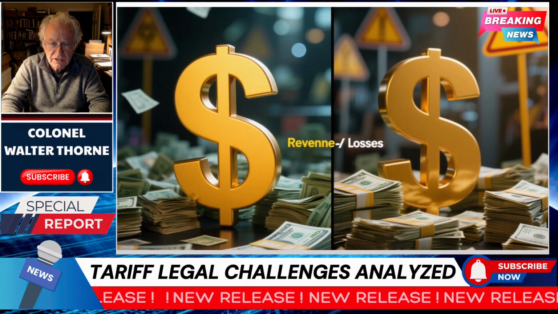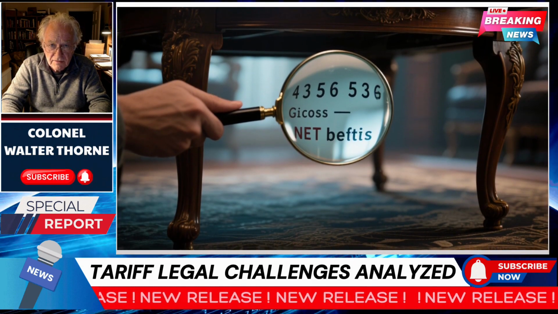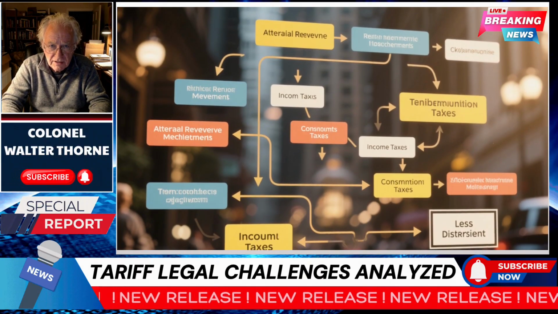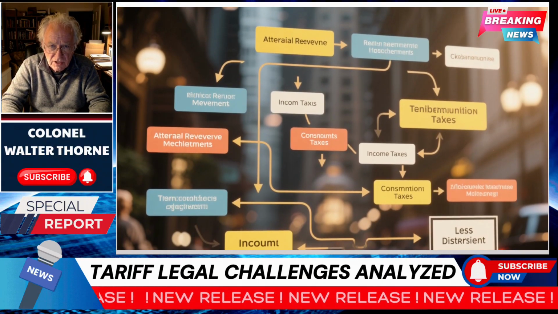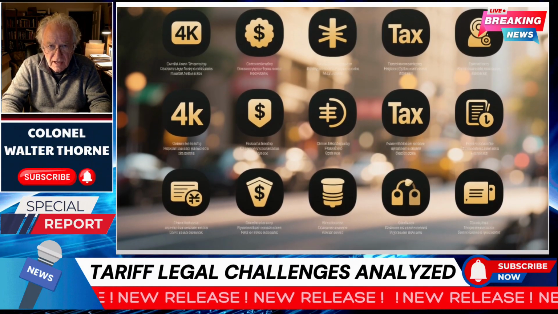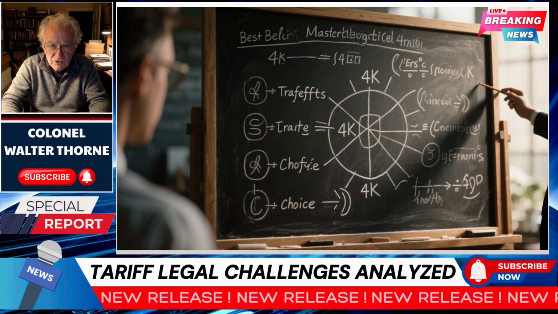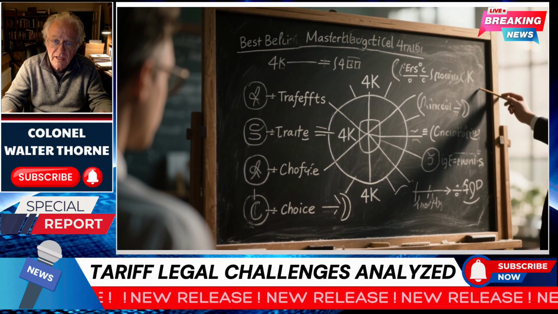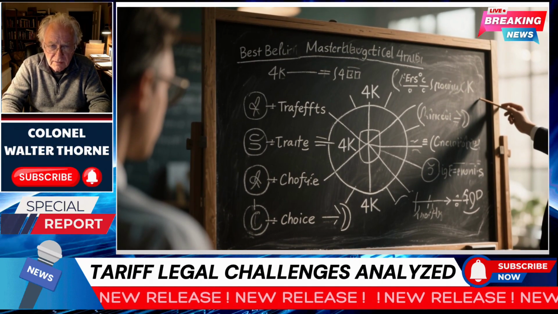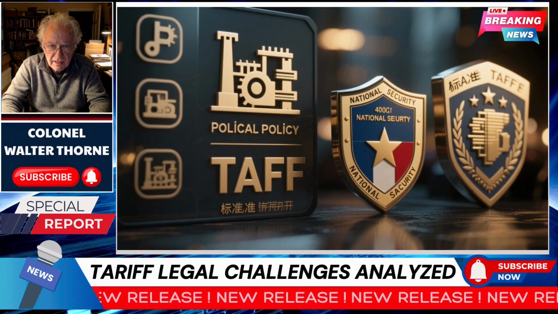Income taxes, consumption taxes, carbon taxes, and other options exist. The choice of revenue source involves trade-offs between efficiency, distributional effects, administrative feasibility, and political viability. The argument for tariffs as revenue source often includes non-revenue objectives like industrial policy or national security. When evaluated as multi-purpose policy tools rather than pure revenue measures, the analysis becomes more complex and depends on weighting